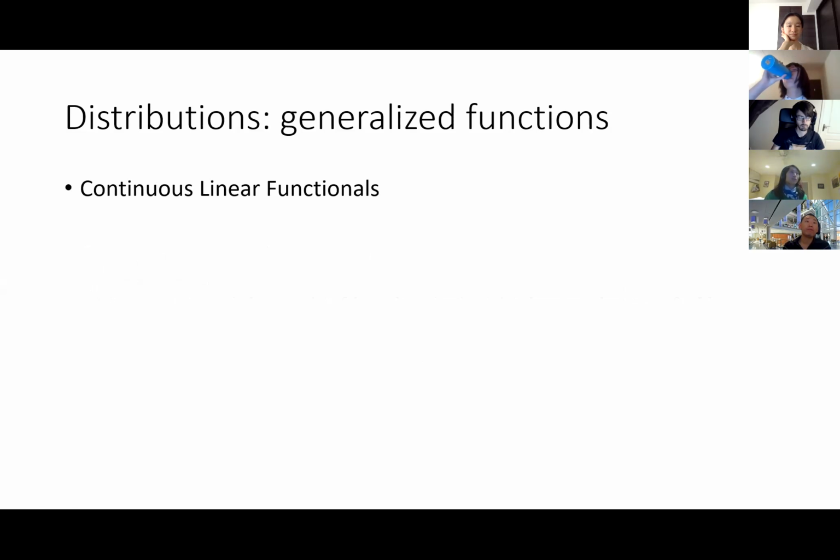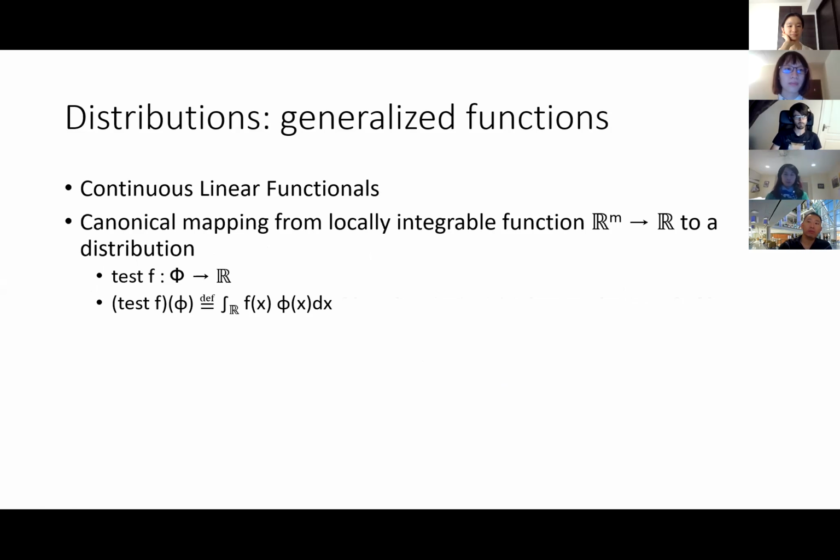They're continuous linear functionals, which, if you don't have an analysis background, won't make a great deal of sense to you, but we'll give an intuitive sense of them in a moment. There's a canonical mapping from every locally integrable function from R^m to R to a distribution. So we can take any locally integrable function, which includes any piecewise differentiable function, and we can map it to a distribution